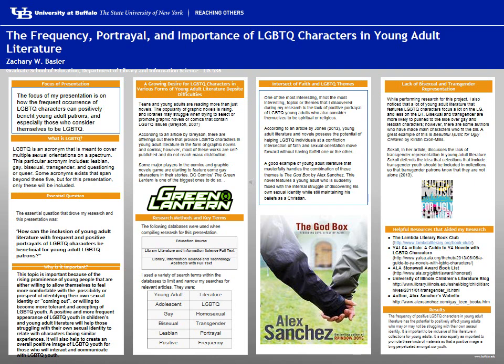The positive and more frequent appearance of LGBTQ youth in children's and young adult literature will help those struggling with their own sexual identity to relate with characters facing similar experiences, so that they don't feel alone in the world and understand that others have gone through these experiences. It also helps to create an overall positive image of LGBTQ youth for those who interact and communicate with these